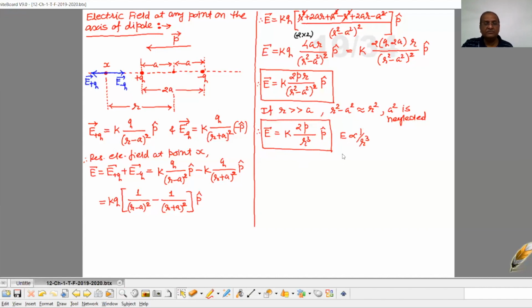So here we can observe this thing: the electric field of an electric dipole is proportional to 1 upon r cube. And we discussed that the electric field of a point charge is proportional to 1 upon r square. Clear to all of you? Then afterwards,